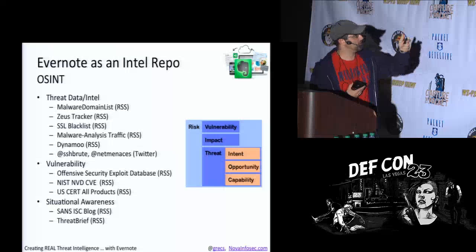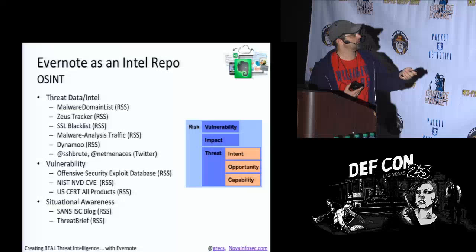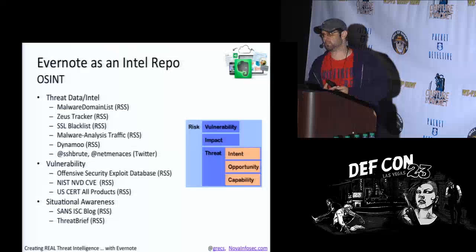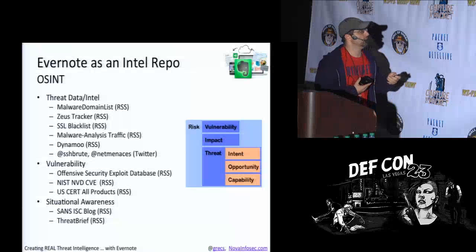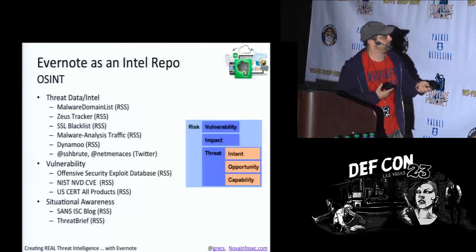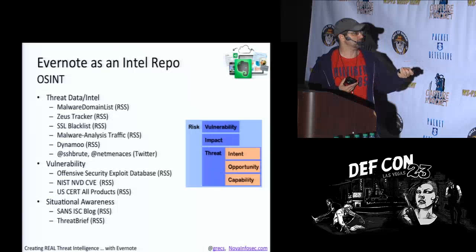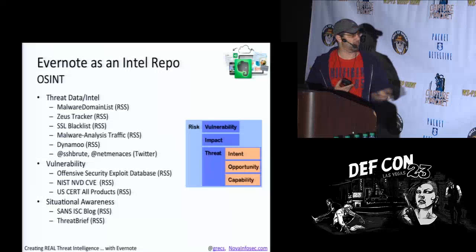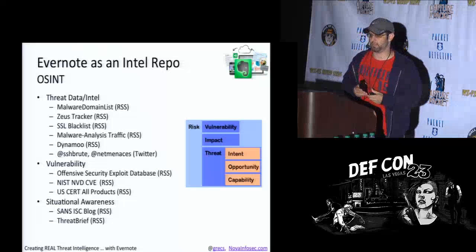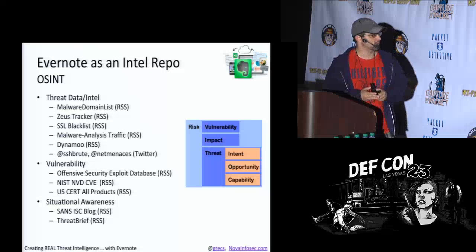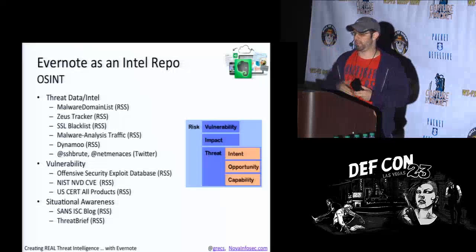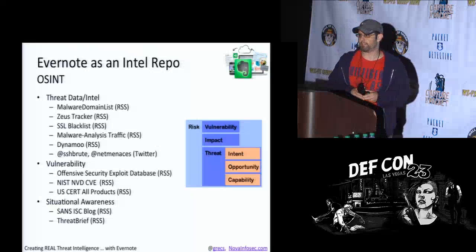But these are some of the resources. There's a bunch of RSS feeds that I'm pushing in. Like I said, there are a lot of different resources out there on Twitter, some vulnerability stuff. And then for situational awareness, I'm currently just looking at the SANS ISC blog, and there's one I recently added called Threat Brief, which is really just a great place. It keeps up to date with all the news,